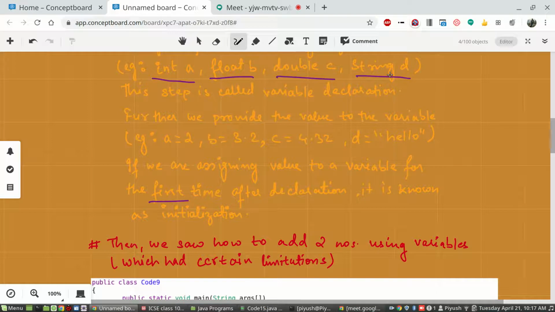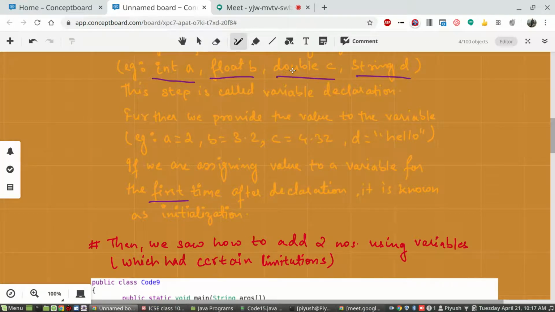Such messages can be enclosed within double quotes and put in the memory location which has been declared to contain only string type. So if you want to put hello, you can write d is equal to hello. Similarly, all decimal values containing decimal points can be put in float and double.